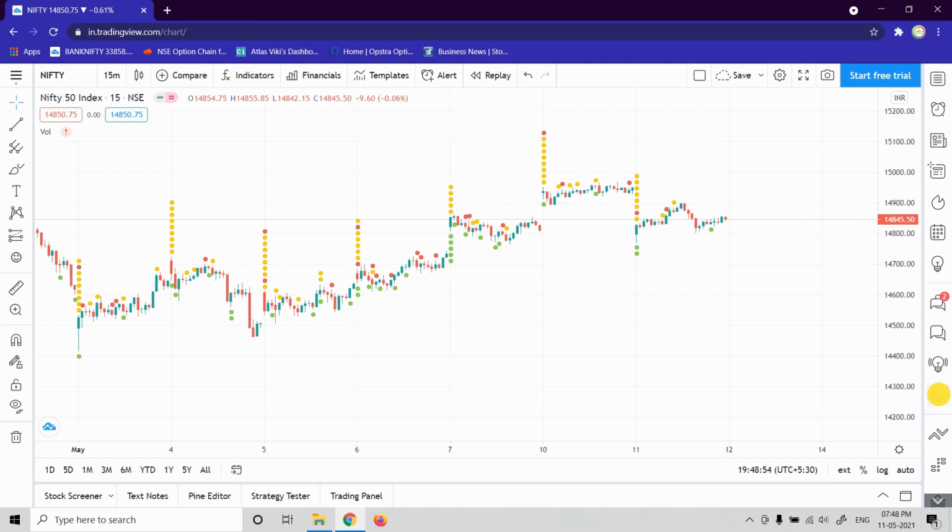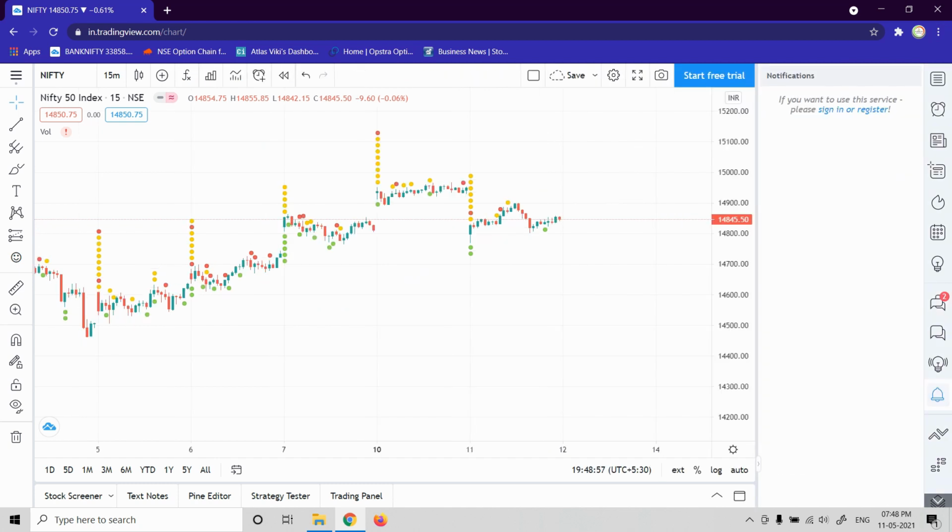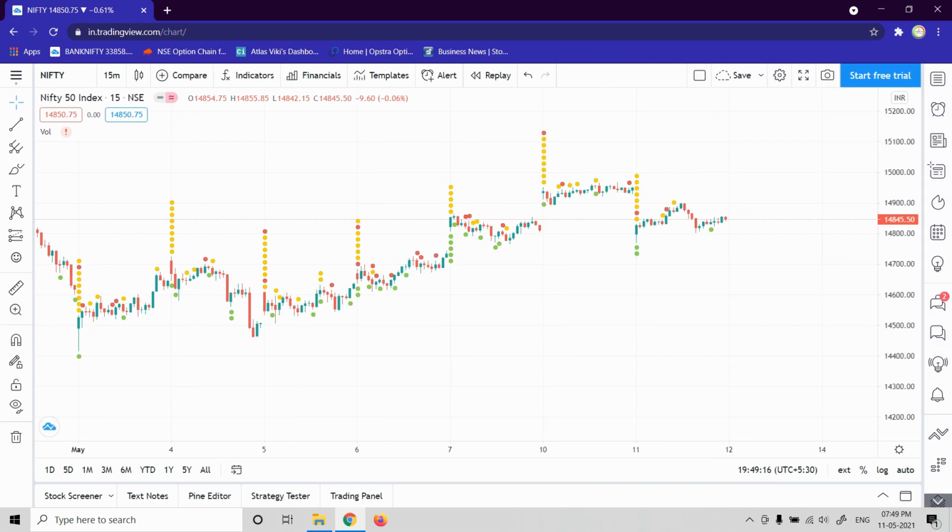And the final one on the list is the notification. If you're following specific people, you get notifications from them, and you will receive them here. The other things on this side may not be that useful for us, the Indian traders, because this is the order panel, and this is going to be the depth chart and the other things. You get this active if you're trading in Forex, because FXCM is one of the brokers linked with TradingView, but otherwise Indian brokers are not linked with TradingView, so you cannot use the other features.